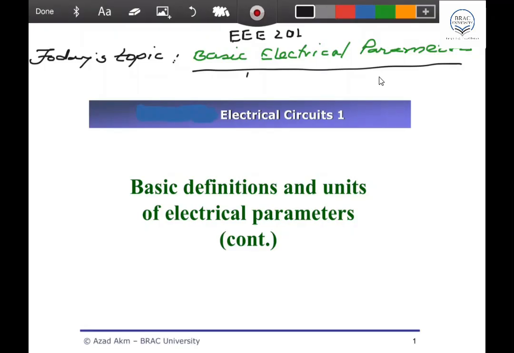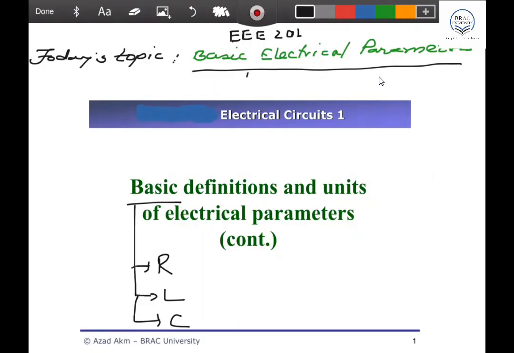As I told you earlier, there are three basic elements in an electrical system, and those are resistor, inductor, and capacitor. Actually, this lecture is a review class of your HSC physics class, what you already studied,